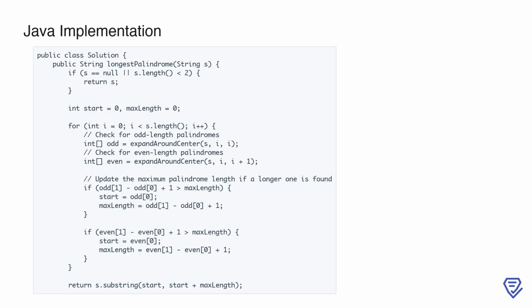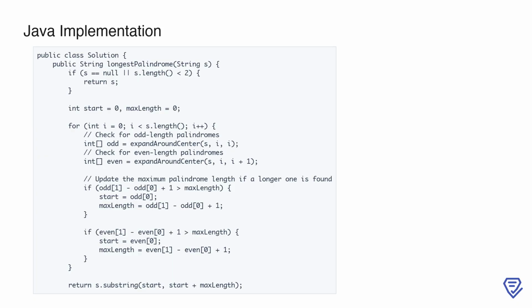We then use a for loop to iterate through each character in the string. For each character, we attempt to expand outward to find palindromes centered at that index. This is done for both odd-length palindromes, where the center is a single character, and even-length palindromes, where the center is between two characters. To achieve this, we call the helper method expandAroundCenter, passing the string and the indices for the center. After checking both odd and even cases, we update start and max length whenever we find a longer